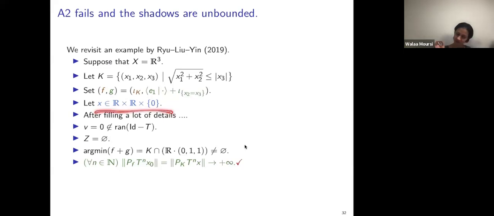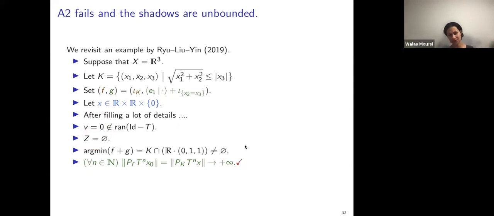So we start at the starting point where x3 is 0. And we need to fill in a lot of details here. But after filling in the details, we can show that v is 0, but it cannot be attained. So we are actually in the setting where A2 fails. And because it's not attained, as I said earlier, and this is